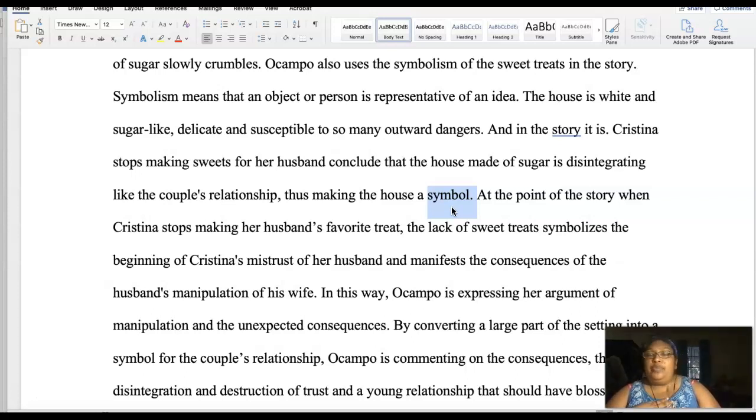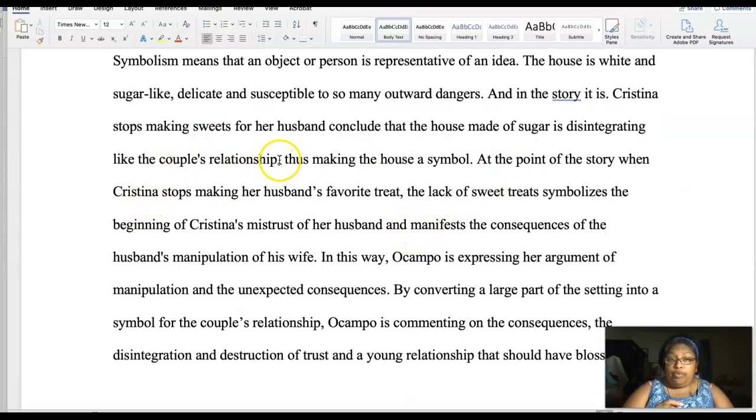And just because somebody said it doesn't mean it is. You have to prove that it is. And she proved it here because the house looks like it's made of sugar. Sugar disintegrates when outside things come to it, water, sugar, ants, whatever. And so just like a house that would be made of sugar, outside things are starting to disintegrate this couple's relationship. And thus,